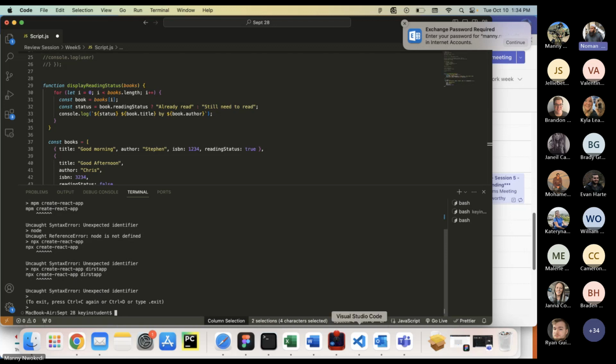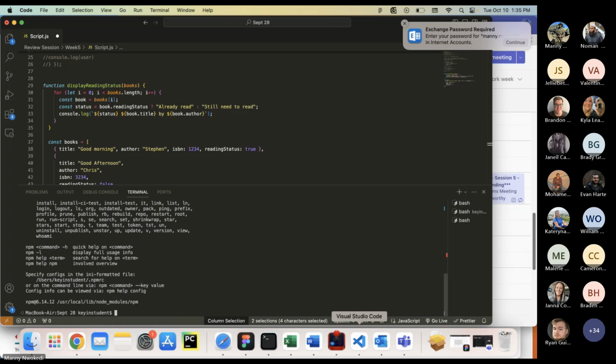Write npx, or maybe you have not installed that one, right? npm, first of all, npm space create-react-app. Create dash react dash app. Hit Enter. Wonderful. Now write npx, sorry, npx space create-react-app, again with the dashes, space first-app, or maybe it's okay. It's okay. Not a problem. Hit Enter.